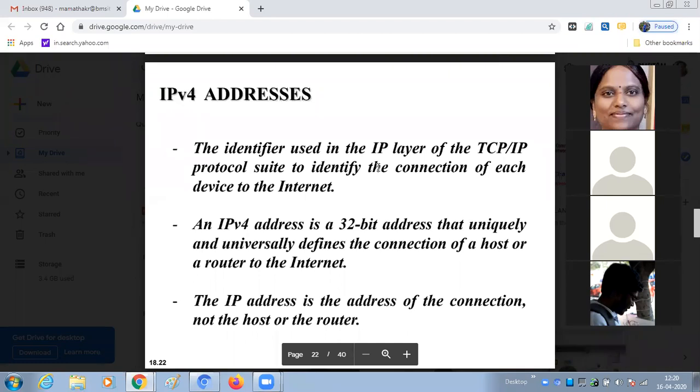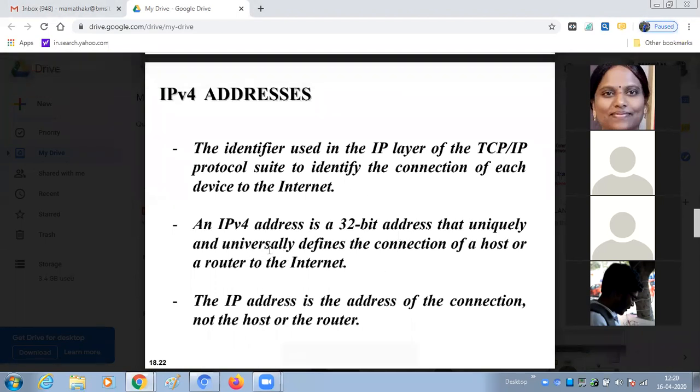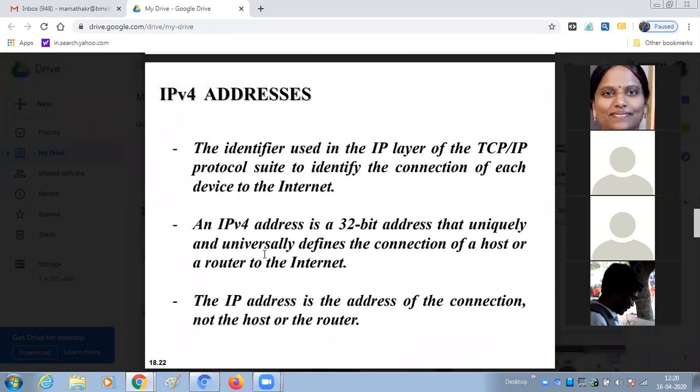The identifier used in the IP layer of the TCP/IP protocol to identify the connection of each device is given by the IP address, which is a 32-bit address that uniquely and universally defines the connection of a host or a router to the internet.